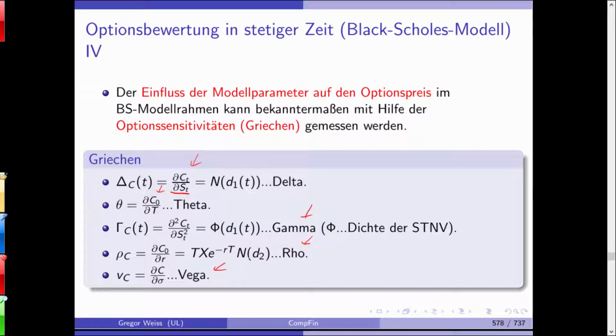What they care about are the option Greeks, because options are usually used for hedging, and for hedging they immediately use the Greeks, the sensitivities. And we've seen this in the derivation of the Black-Scholes model. It's quite simple, because if you take